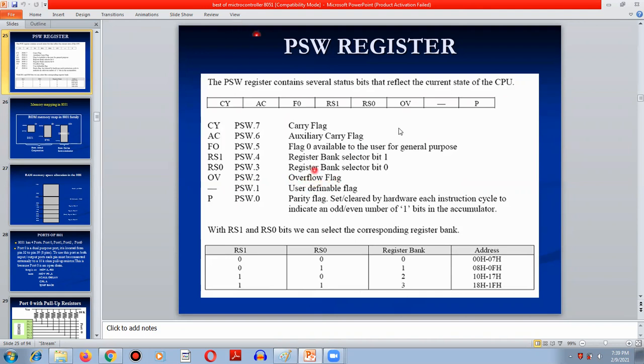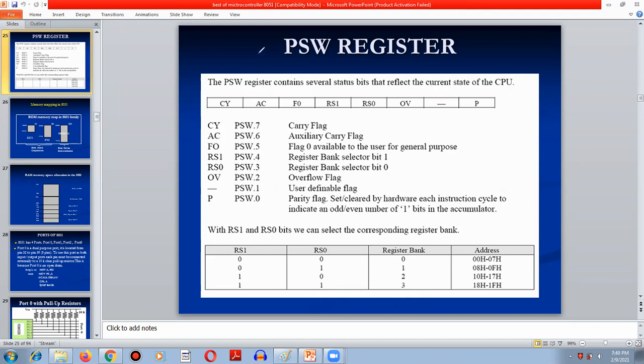So if the accumulator contains data which is larger than 8 bits, in that case the overflow flag will be set to 1, else it will be 0. So this is about the overflow flag.